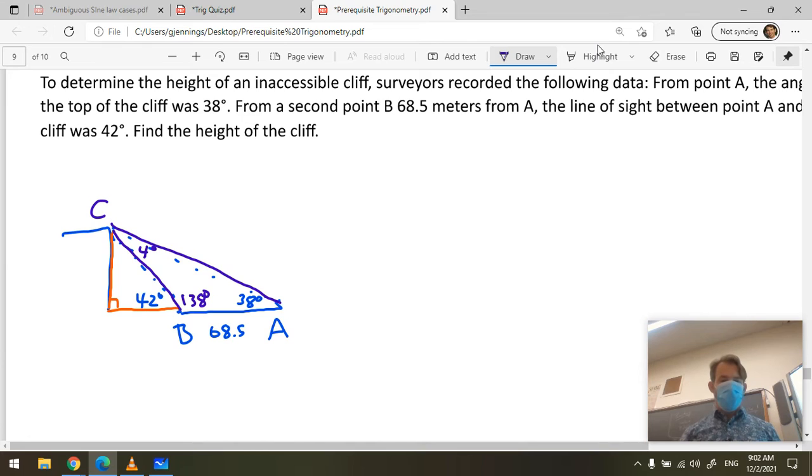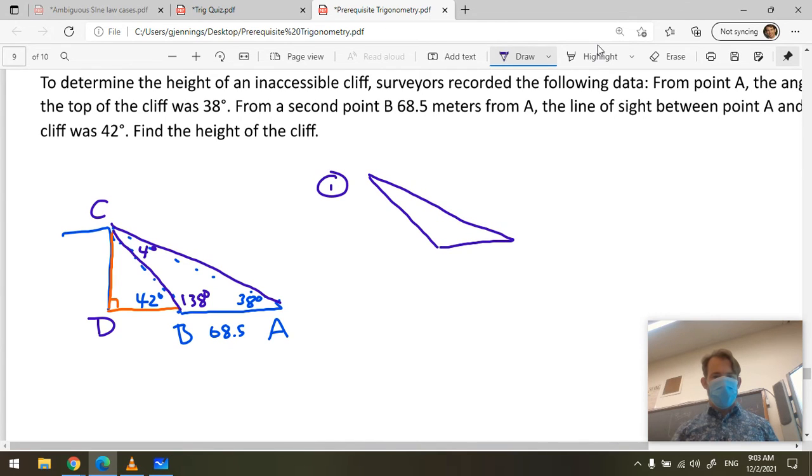Now I'm going to draw two triangles based on my diagram here, because my diagram is admittedly quite janky. So I'm going to take my first triangle, triangle ABC, and then we can label this point D, and that would be triangle BCD. But triangle ABC looks like this. It has a side there, a side here, and a side there. And we knew this was 38, this was 138, and this was 4 degrees. And this side is known at